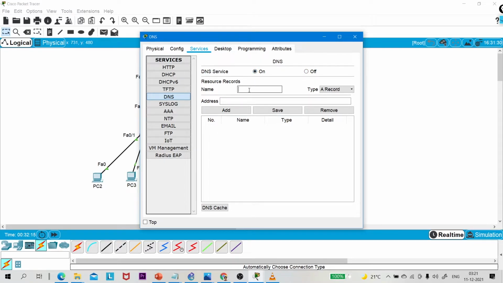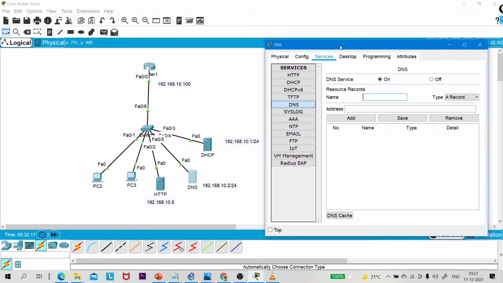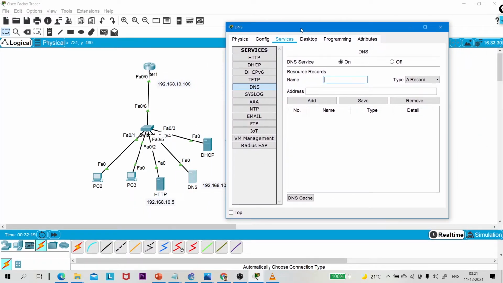Write the domain name, right? What is the domain name of your HTTP server, of your website? So suppose my website name is www.pmnetworking.com. Okay, and the IP address of www.pmnetworking.com is 192.168.10.5, the HTTP server IP address.